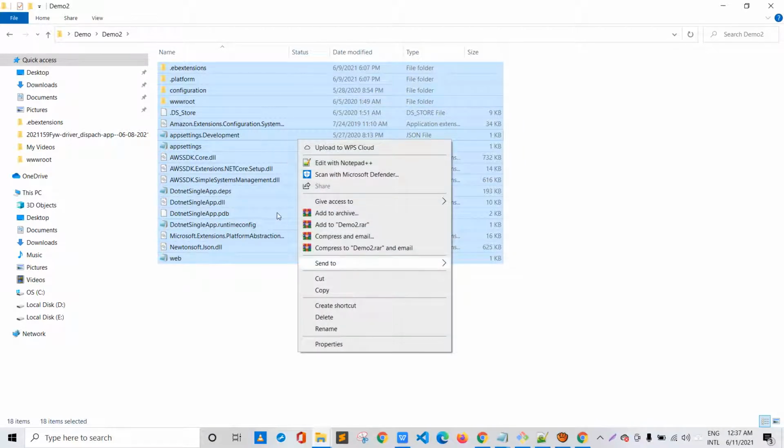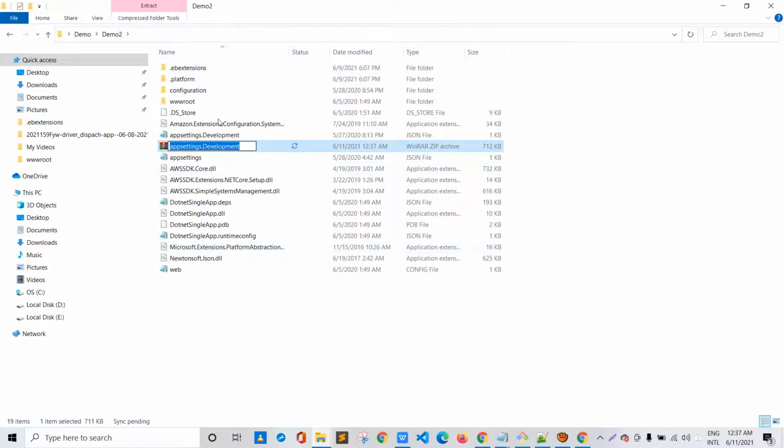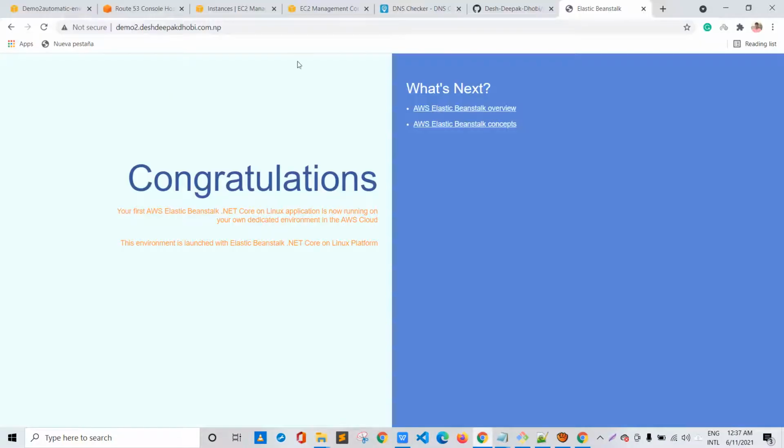I'll click on send to, compress it and give it a name, let's say updated demo 2.1. Yes, that's perfect. And let me go to my Elastic Beanstalk environment.